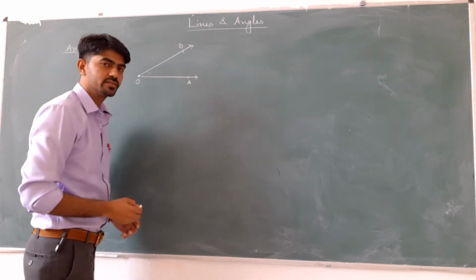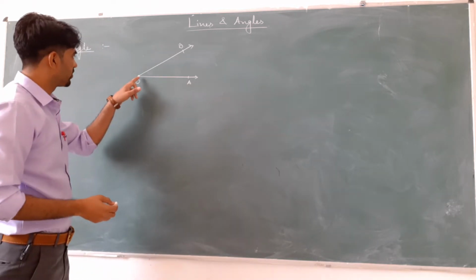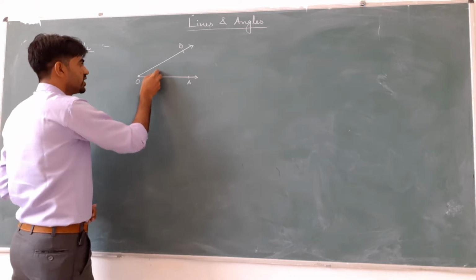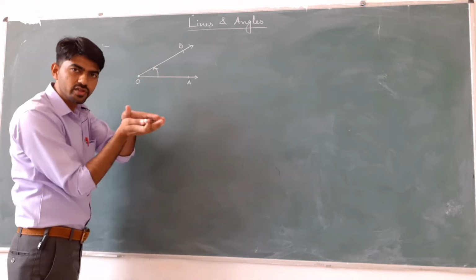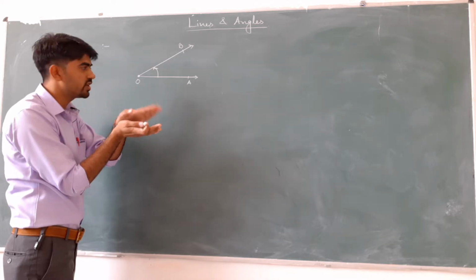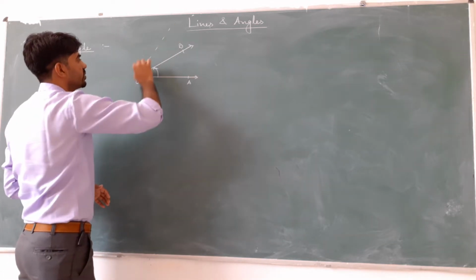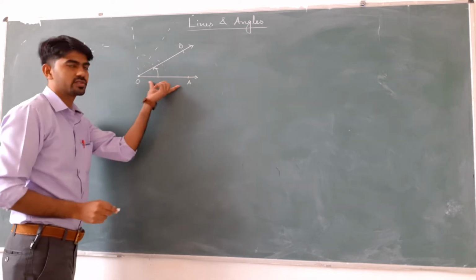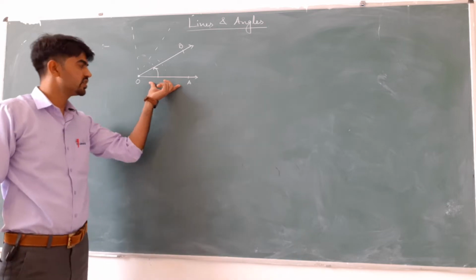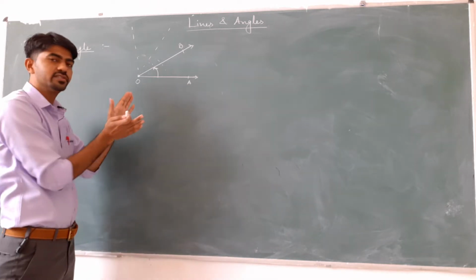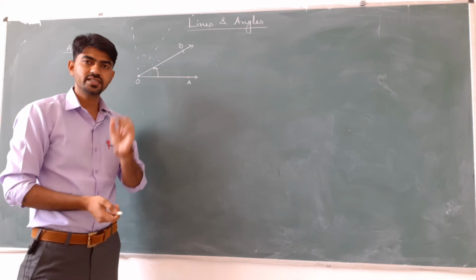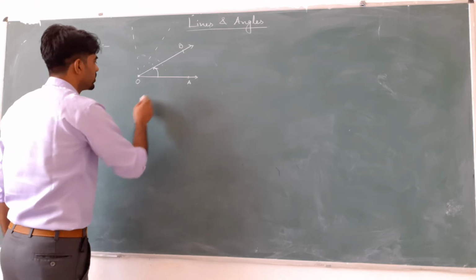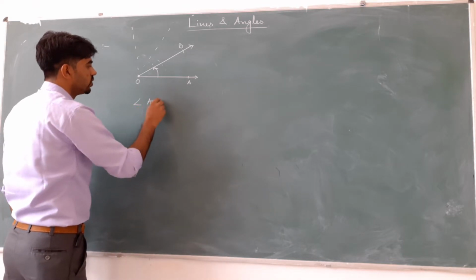These are two rays which originate from the same point O. Then this rotational difference between these two rays is called angle. That is, the measure of rotation is called angle. So here angle AOB